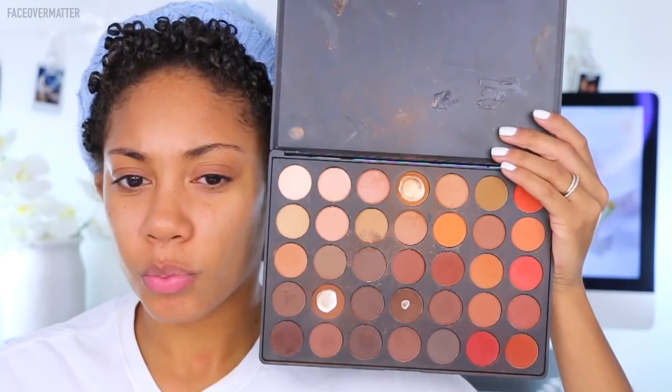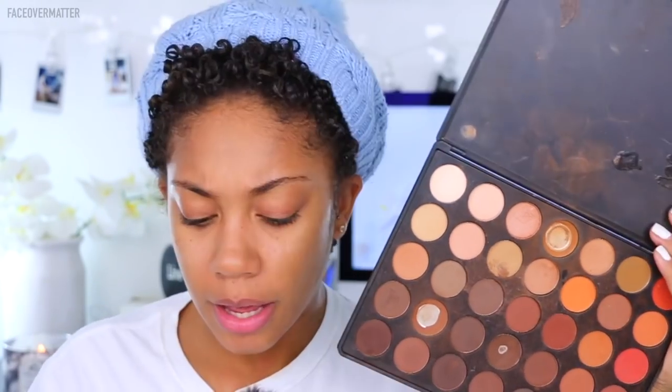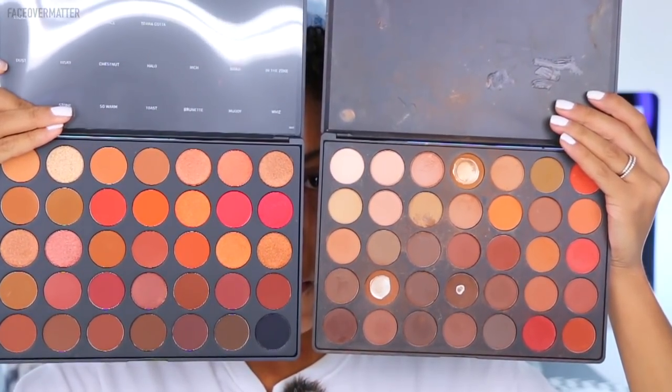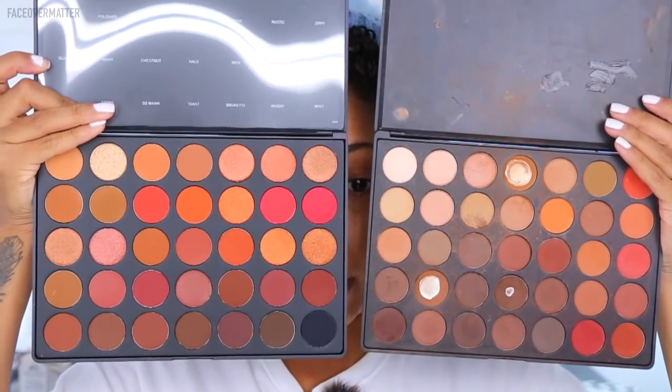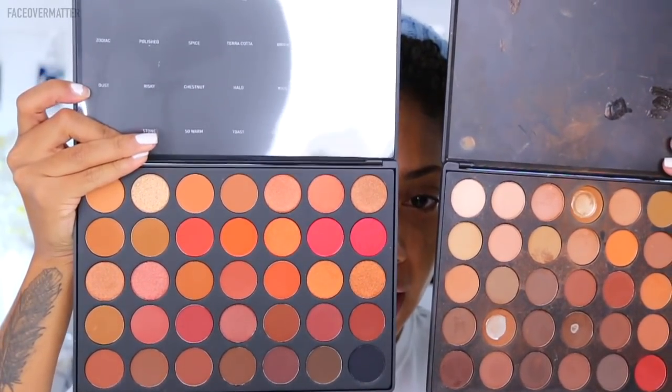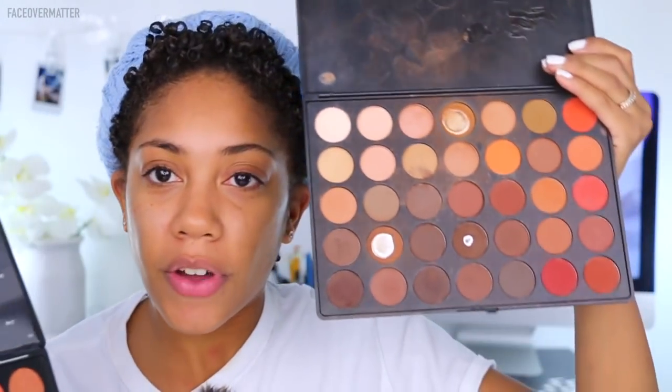Okay, so off the bat, comparing, see, this is the other packaging. With the M, we had more brown taupey colors, you know? But comparing it with this, pretty different. It's way more orange shades. We have an actual black shade. The Morphe 3502 matte did not have a black shade, which I wish it did, but this one has a black shade. And the 3502 matte, of course, is all matte shades. This is shimmer and matte. Oh, we have 1, 2, 3, 4, 5, 6, 7, 8, 9, 10, 11 shimmer shades. Oh wow,